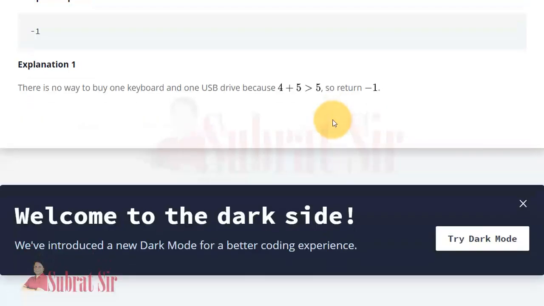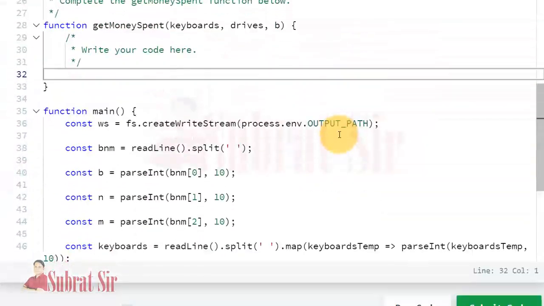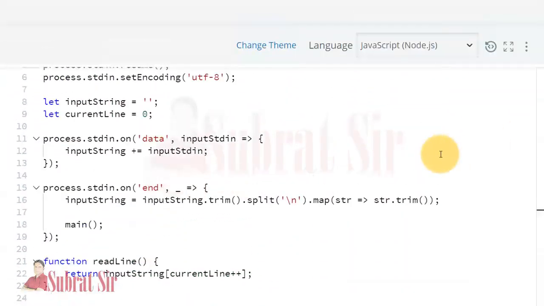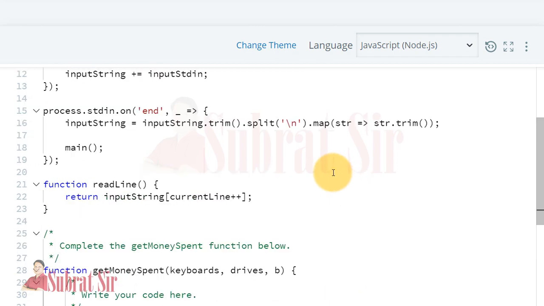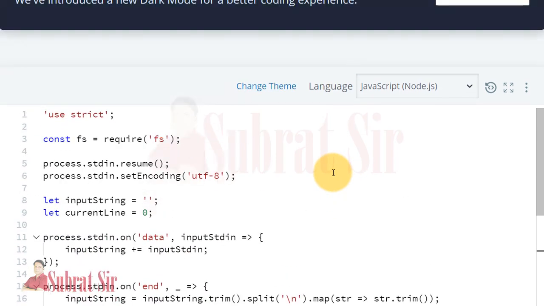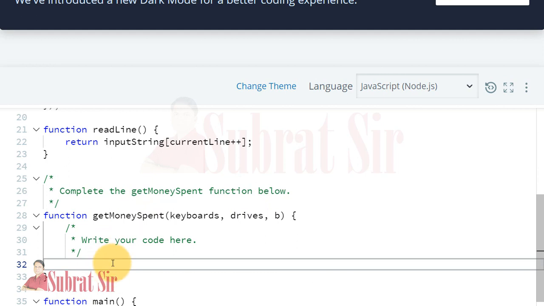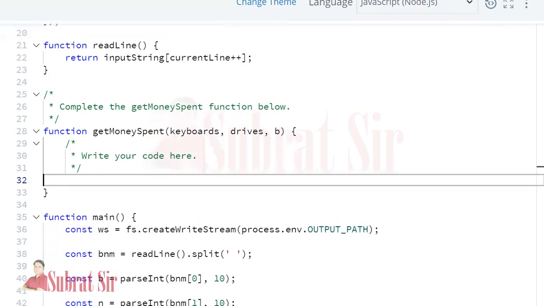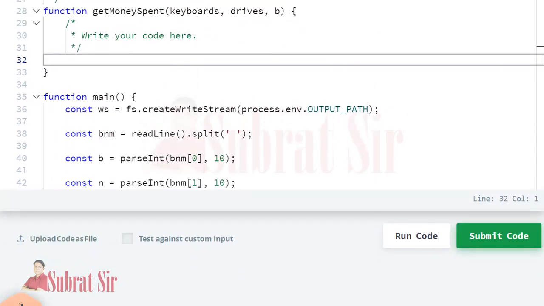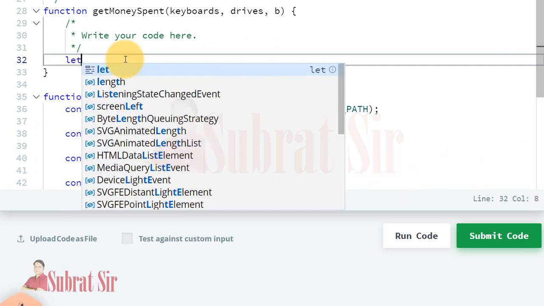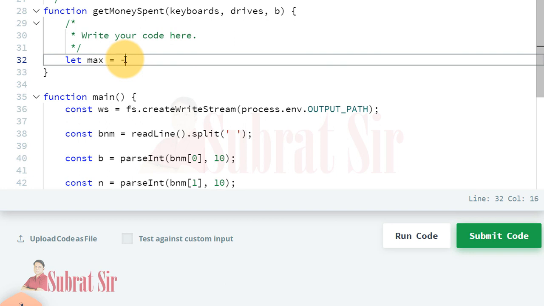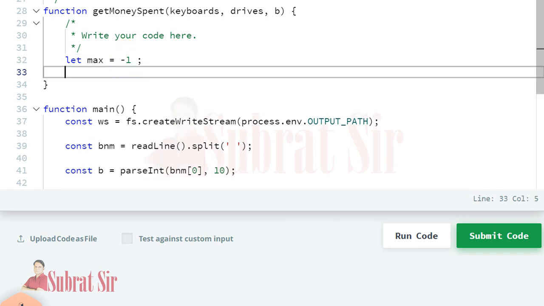So scroll down. Yes, here you have to write the code. Write your code here. And first I will write using simple JavaScript. Then we will write using advanced JavaScript, that is ECMAScript. Okay. So first we will take let max equal -1 as I explained. Then we will iterate through our keyboard values.